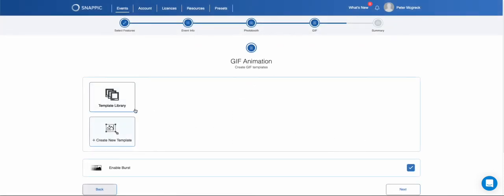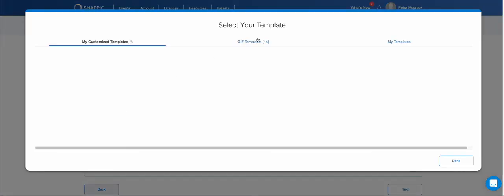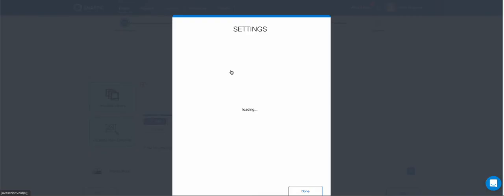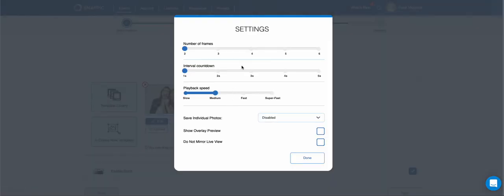GIF animation is the same thing as what we were doing with the photos. So if you want to do this, just go to a template. You go like this, and that adds it. Now we have a certain number of frames. So